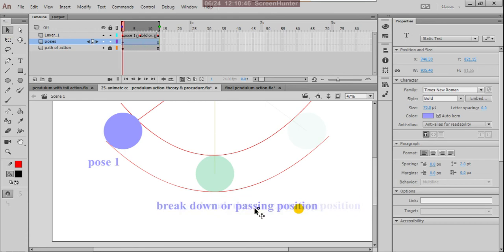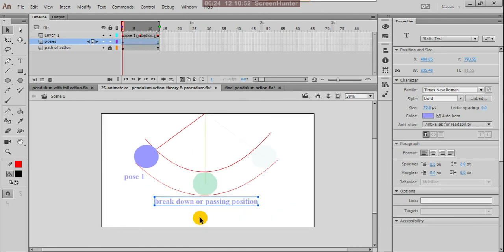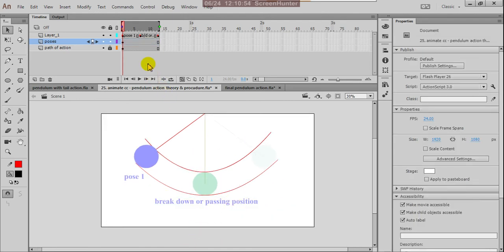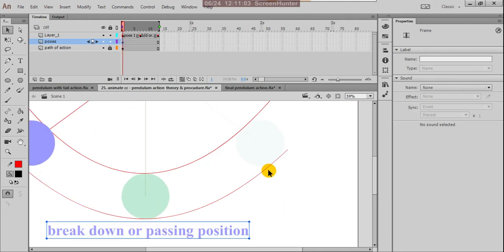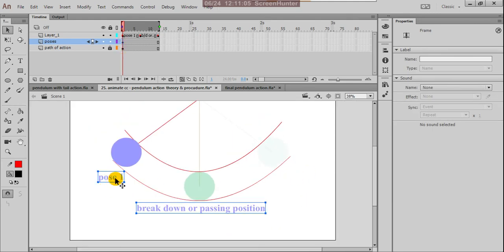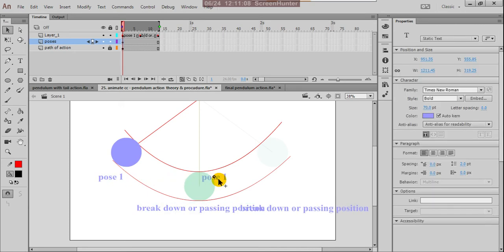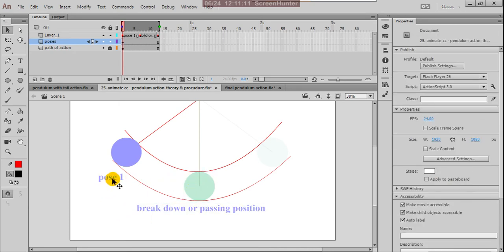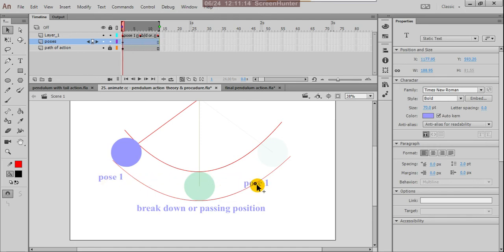Okay, so you can keep this in center. Okay, and here this is pose 2, mistakenly removed, so I can keep this pose 2.